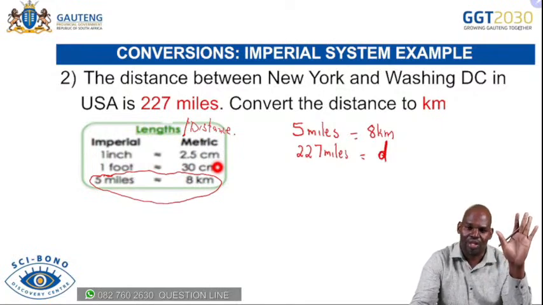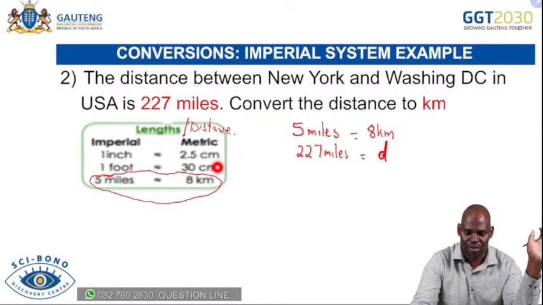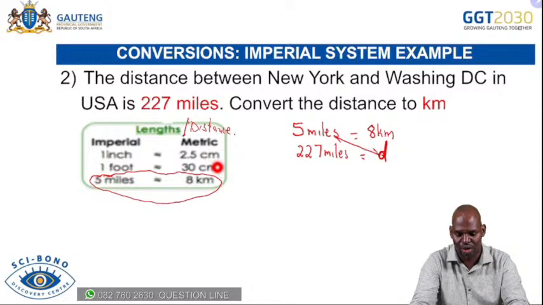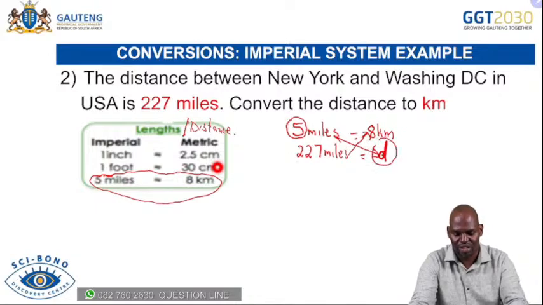You might have seen that in the previous examples, most of the time, the conversion factor that is given there starts with 1. In this case, we've got 5. So even if we cross multiply this one, 5 multiplied by D is 5D